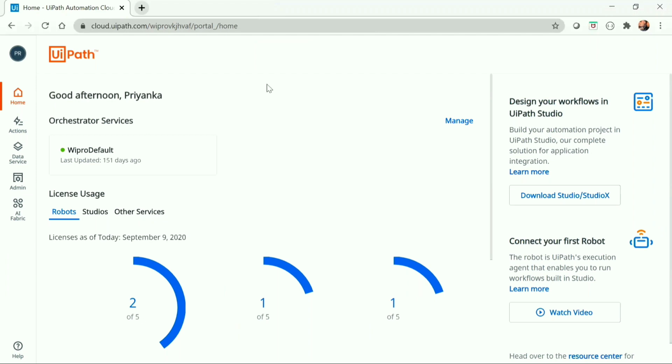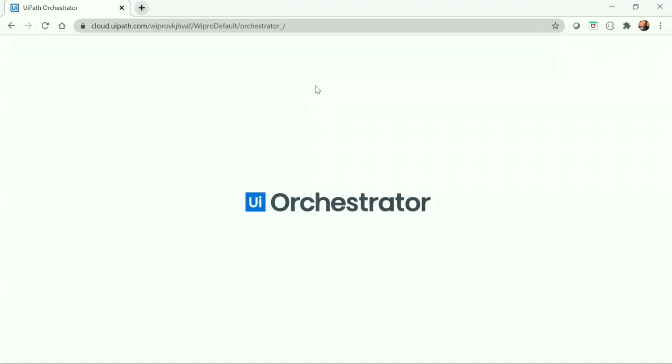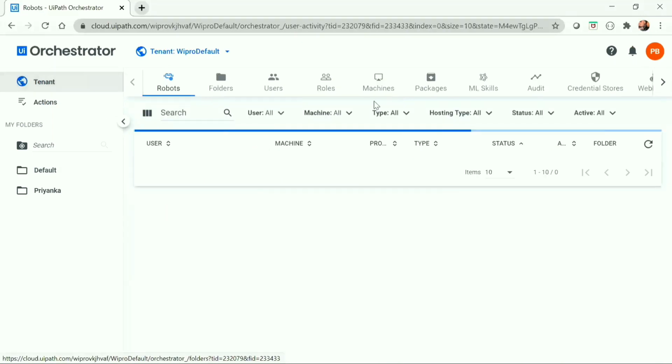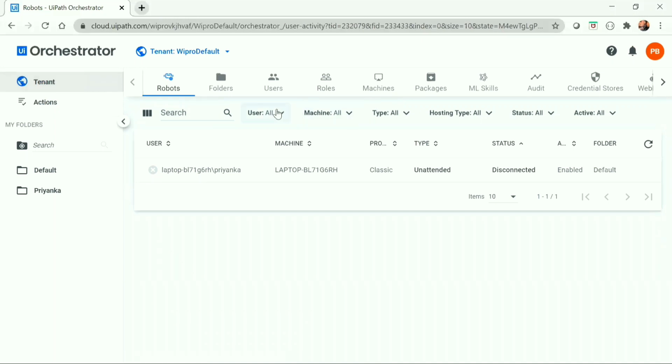So to start off, we need to navigate to our Orchestrator services. UiPath is providing easy navigation in this new user interface of Orchestrator. Most of the Orchestrator actions are either folder based or tenant based. Meaning, when you go to a particular folder, such as Default, which is a classic folder, you can find a different set of entities in Orchestrator. And if you go to the tenant level, you can find a different set of entities. So let's have a look at these entities at a tenant level.